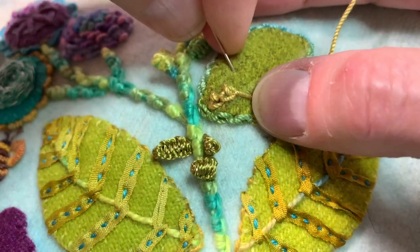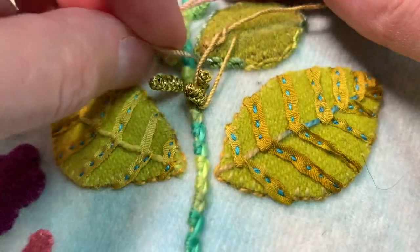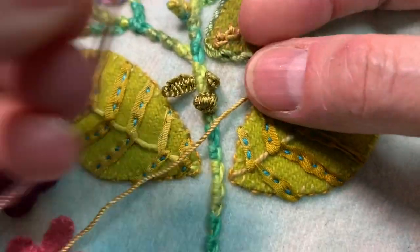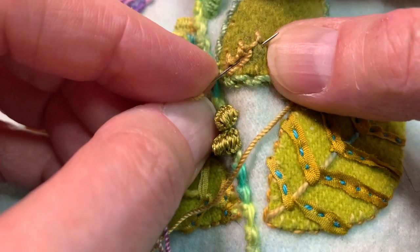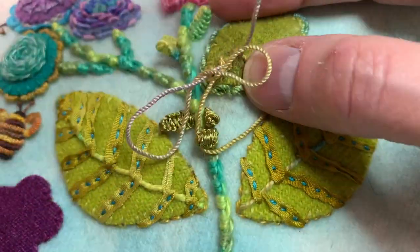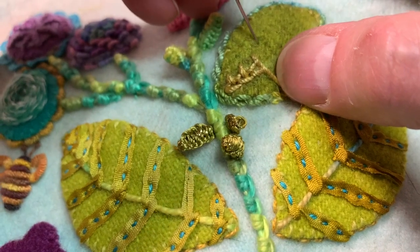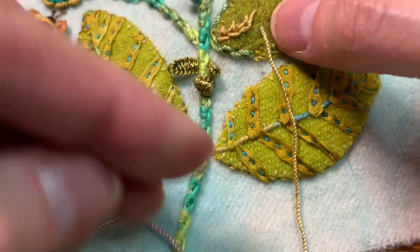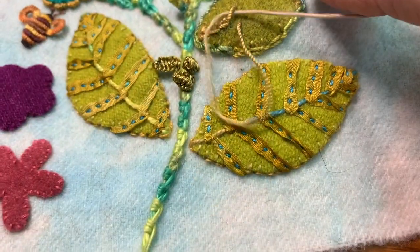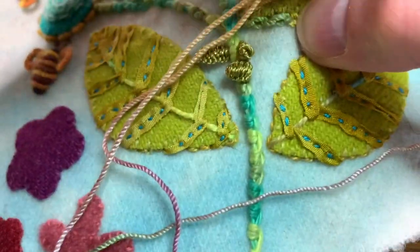Now I'm going to exaggerate this so you can see the sort of spike on it. So there's that. I take my needle and I pull through that diagonal stitch. I'm going to take my needle into that chain. I'm going to come right up to where that stitch is going up, and I pull through. I do an even more exaggerated diagonal. I'm going to come around like this. I'm going to put my needle through that chain, come right up underneath, pull my thread through,